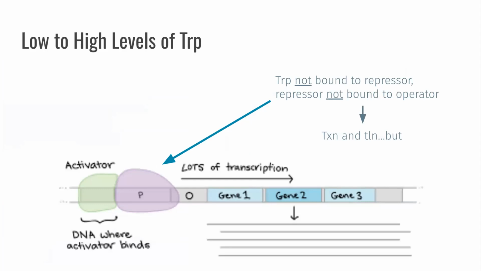When there are low levels of tryptophan, just to refresh your memory, tryptophan will not be bound to the repressor, so then the repressor will not be bound to the operator, and there will be transcription and translation. But,